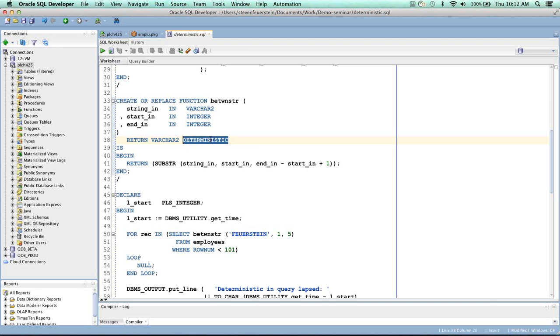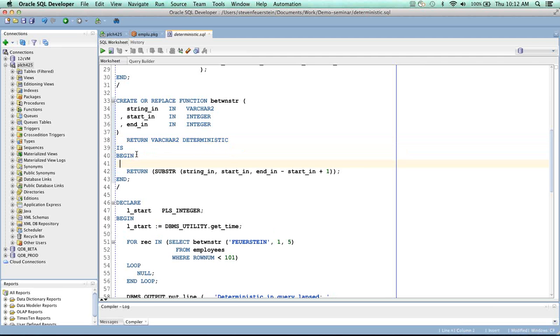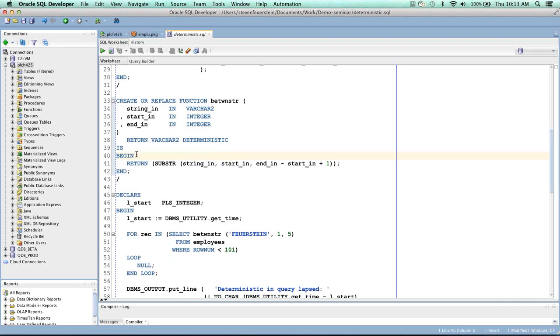But in addition, you're self-documenting to people coming along later in your code base that they should not do things like, oh, let's select count star into n from. This is now a non-deterministic function. So what you're doing is stating in your code, don't do that sort of thing. Keep this thing free of side effects. The third advantage